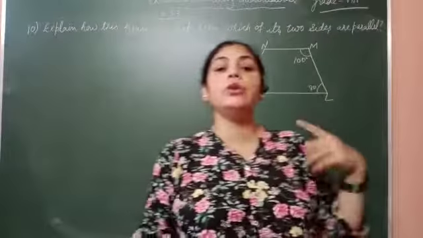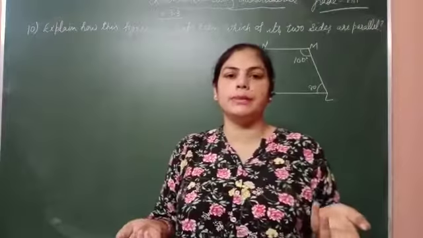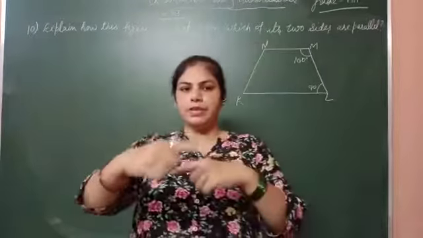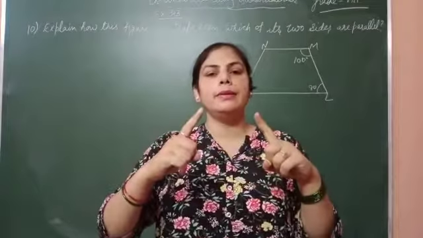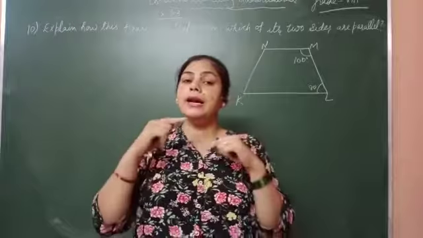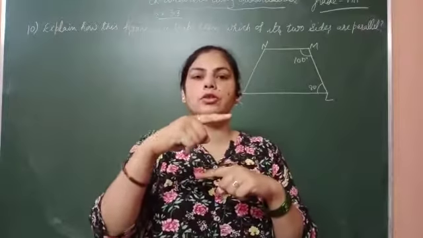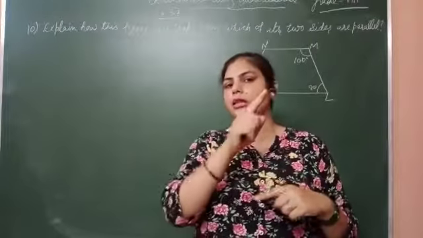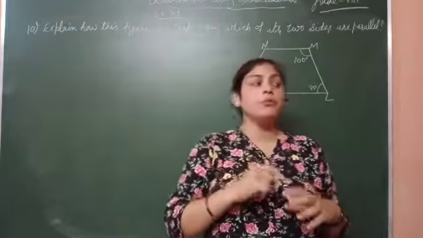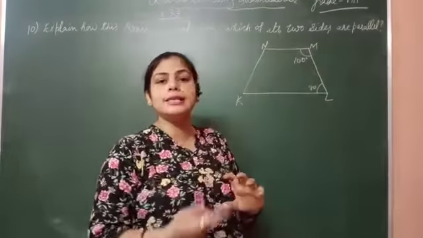So for that we have to remember the properties of trapezium. What are the properties of trapezium? In a trapezium, one pair of opposite sides is parallel and one is non-parallel. And which pair is parallel? जो pair opposite sides का parallel होता है, there the sum of adjacent angles is 180 degree. So here you have given L and M are adjacent angles.